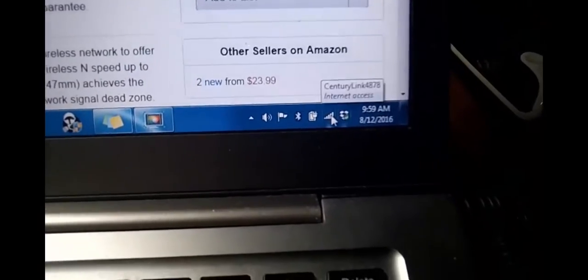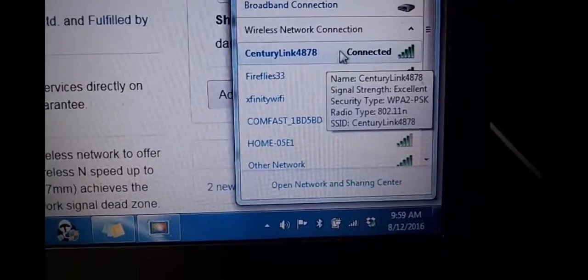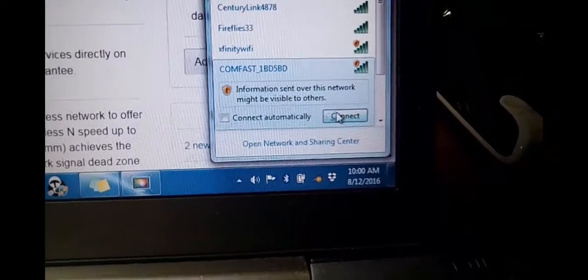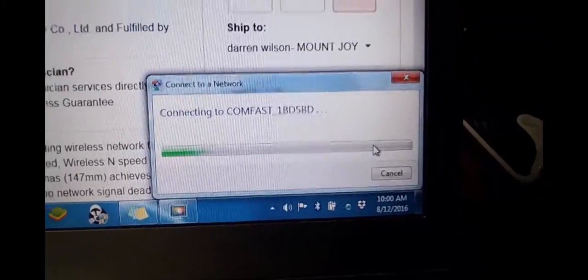Okay, mine's plugged in, and as you can see, it has power and Wi-Fi. So I will go over to my networks. Sorry, my thing's sitting on the button right now. Let me try and move this. That should do it. And you're going to open up all your networks, and there it is, Comfast right there. I am on this one. I will disconnect. I will reconnect to them. It's going to say information sent over this network might be visible to others. I will connect,